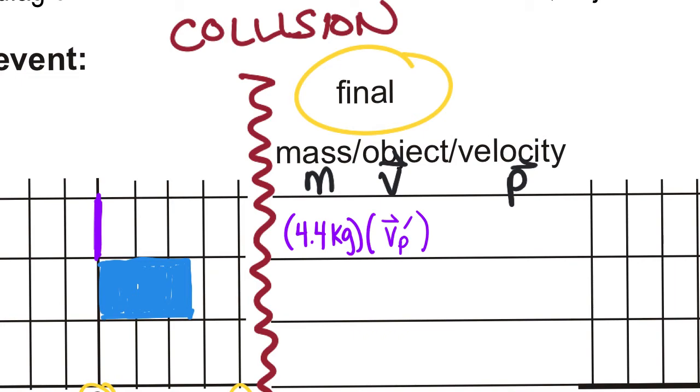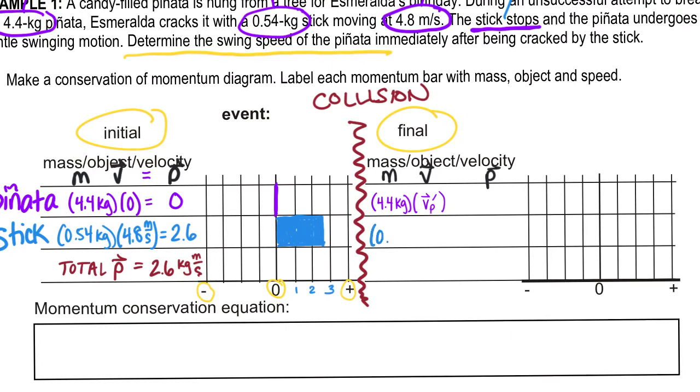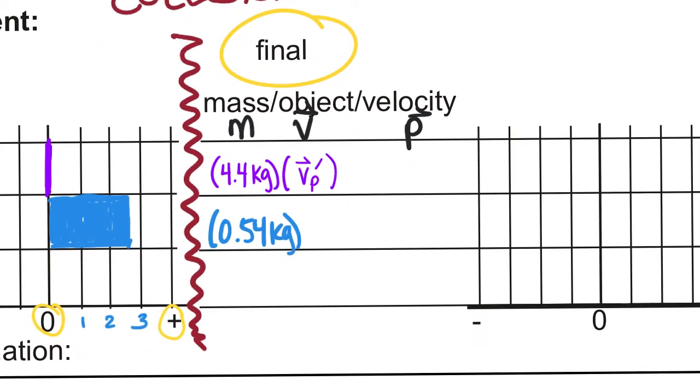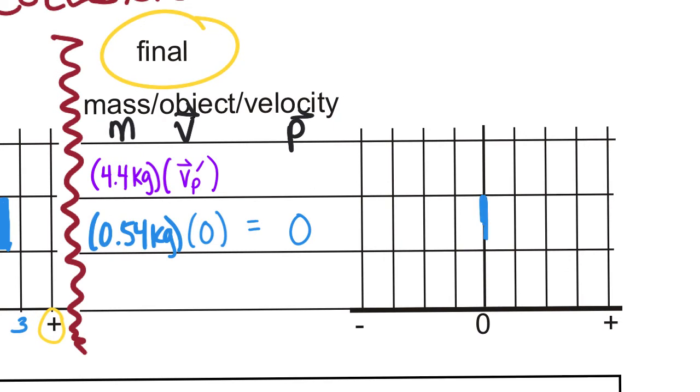Now, my stick is still 0.54 kilograms. And it says that the stick stops after it hits the piñata. So what that means is that my velocity after is going to be 0. And that gives me a momentum afterwards for the stick of 0. And I can draw that 0 onto the 0 line of my bar graph. Okay, now,